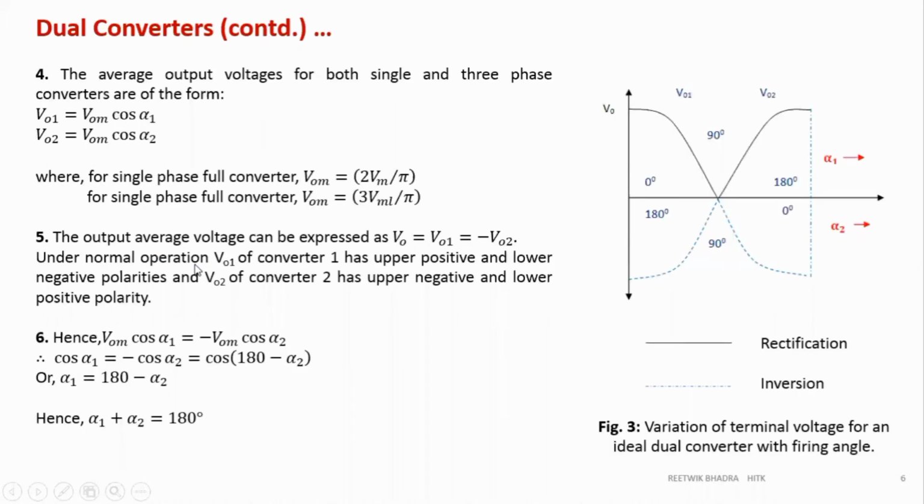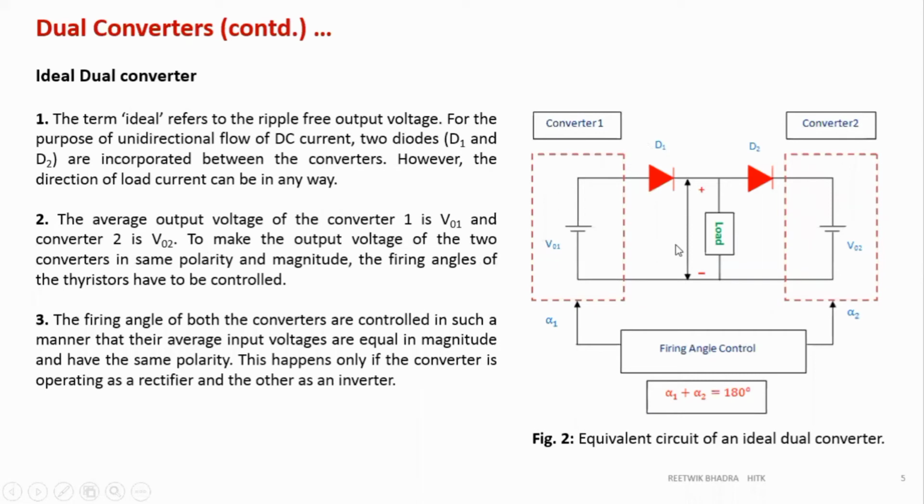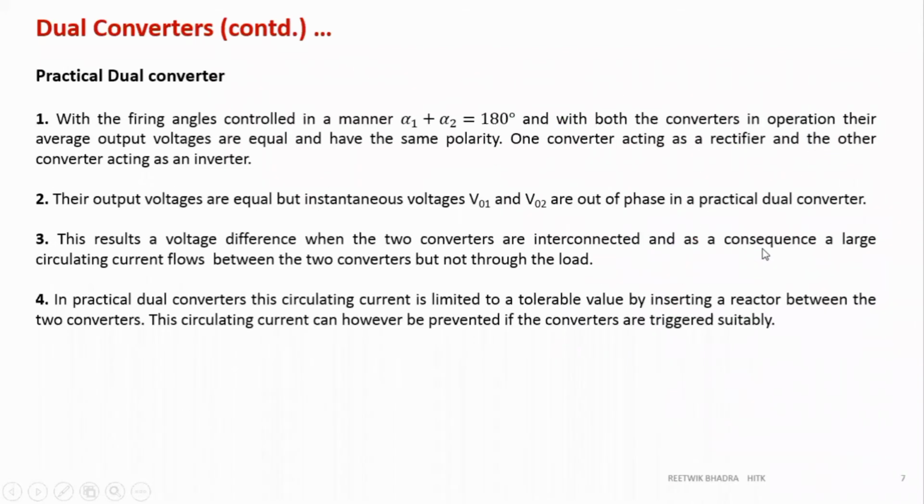Now what happens? Now you see, if these two converters are acting at the same time, this will create a voltage across the load. This will also create a voltage across the load. So the potential difference between these two will cause a huge circulating current to flow through the load. Okay. So if this is 120, this is minus 120, 120 minus of minus 120, 240. So 240 will create a huge current to flow through this, because this is connected to ground and all. So load, all connections are done. So current can flow through this load. So a huge circulating current will flow because of this nature of the voltage.